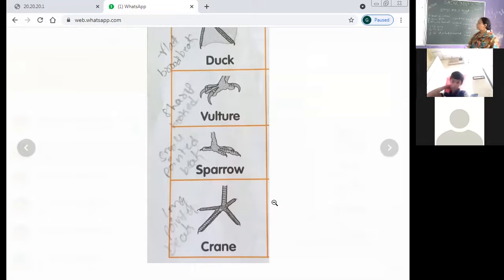So like this, different types of birds have different kinds of feet and claws, and they help in the